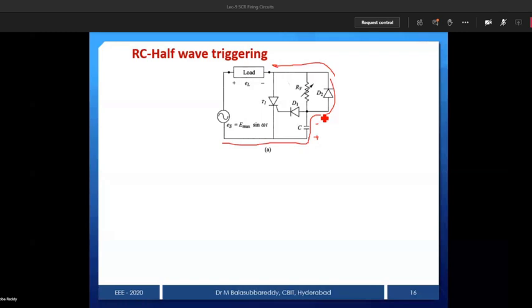Why will diode D2 turn off? Anybody? Reverse bias. Because the capacitor is fully charged, it won't allow any current to pass through the capacitor. Therefore, current through the diode also is 0. And from there onwards, once it reaches pi, after the end of the negative half cycle, again it reaches positive, no? That's why it is reverse bias. Before that, no current passes through diode D2. Therefore, diode is going to turn off.